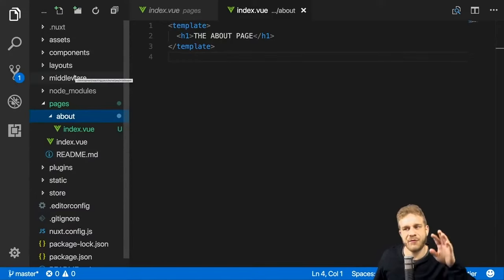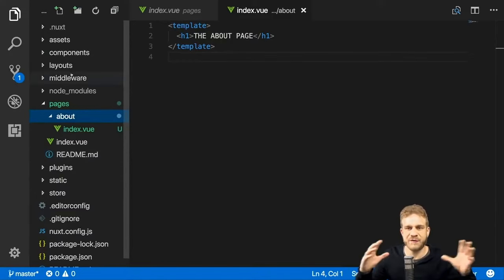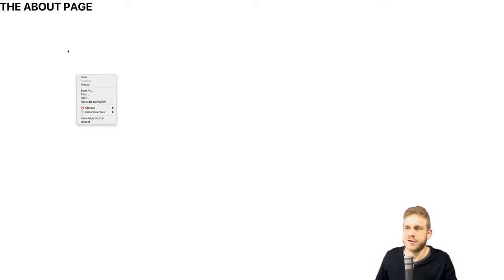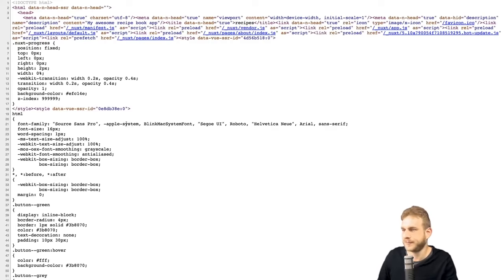We also get a couple of other folders here which you use for different features. We will have a look at some of them in this video. But the pages folder is the most crucial one. You create your routes through the Vue router without writing any single line of configuration code, just by creating folders and files. And now if you inspect the source code of that loaded page by right-clicking and then viewing the page source,